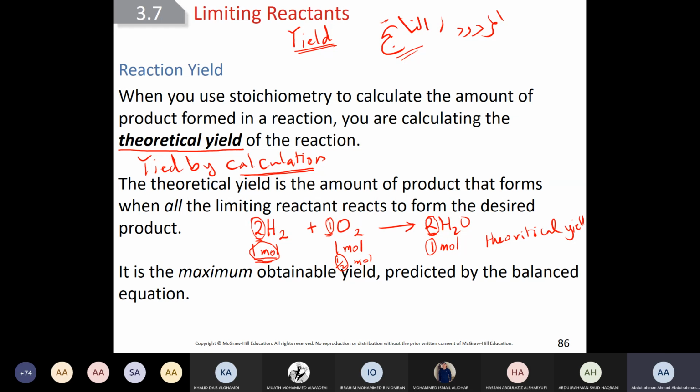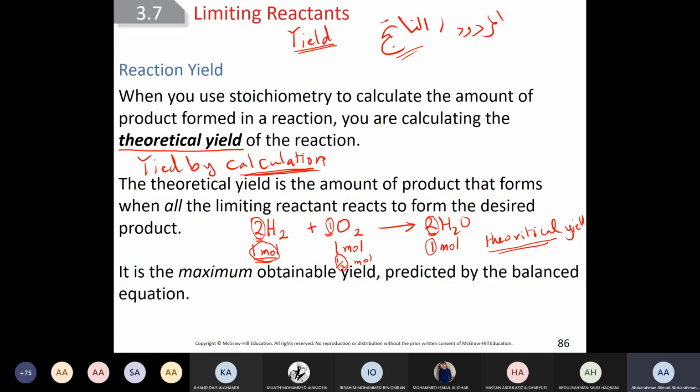Why do we call it theoretical? Because it is by calculations. Let's assume that when you did this experiment at the lab, some water evaporated, it's not available,